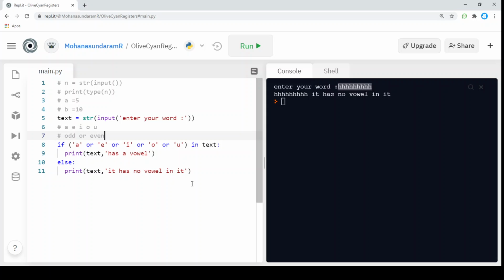I'm taking this same problem and I'm going to check which vowel is present in my text. What I'm going to check is whether the a is in the text.